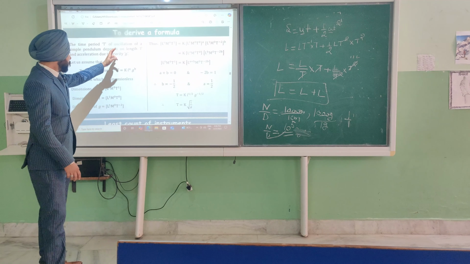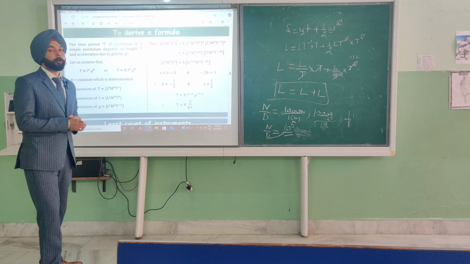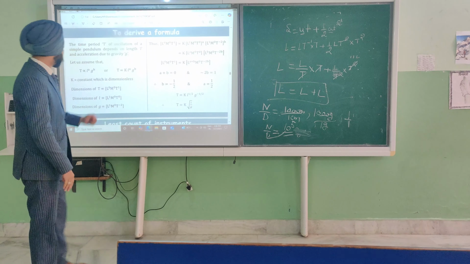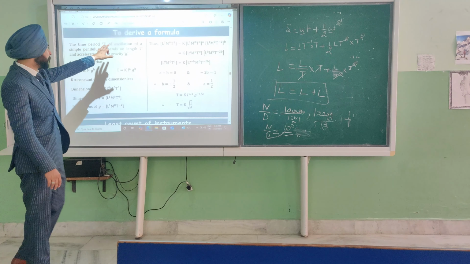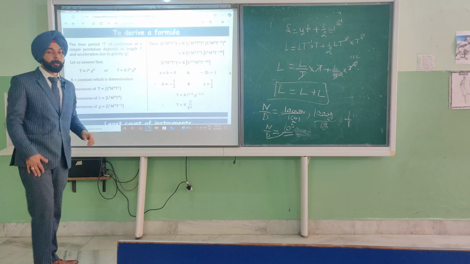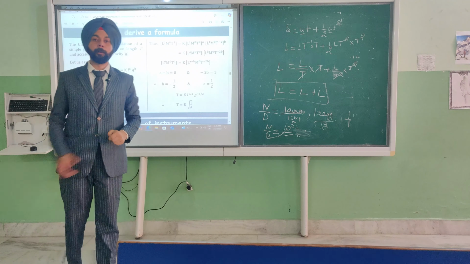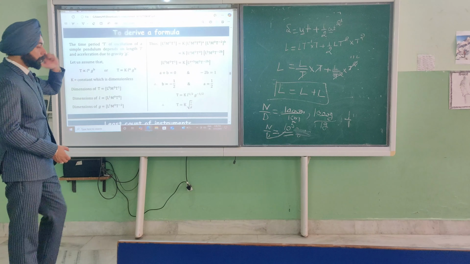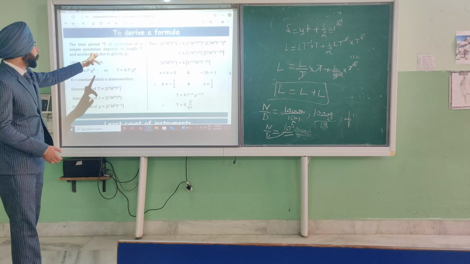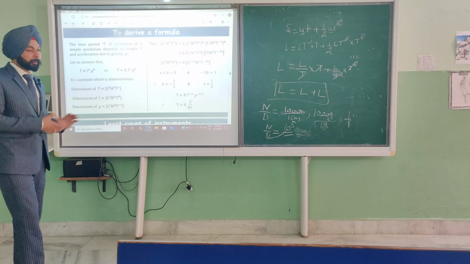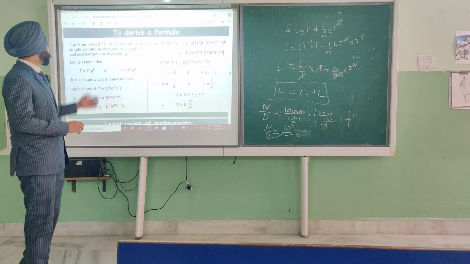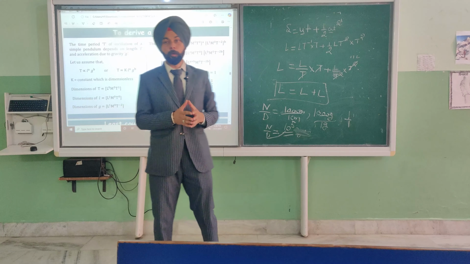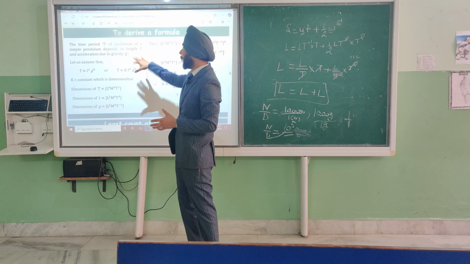Now, the next thing is to derive a formula by using a dimensional formula. The time period t is the oscillation of a simple pendulum, where this is the simple pendulum. The time period t depends upon the length and acceleration due to gravity. It means we find the time period of oscillation of a pendulum with the help of length and